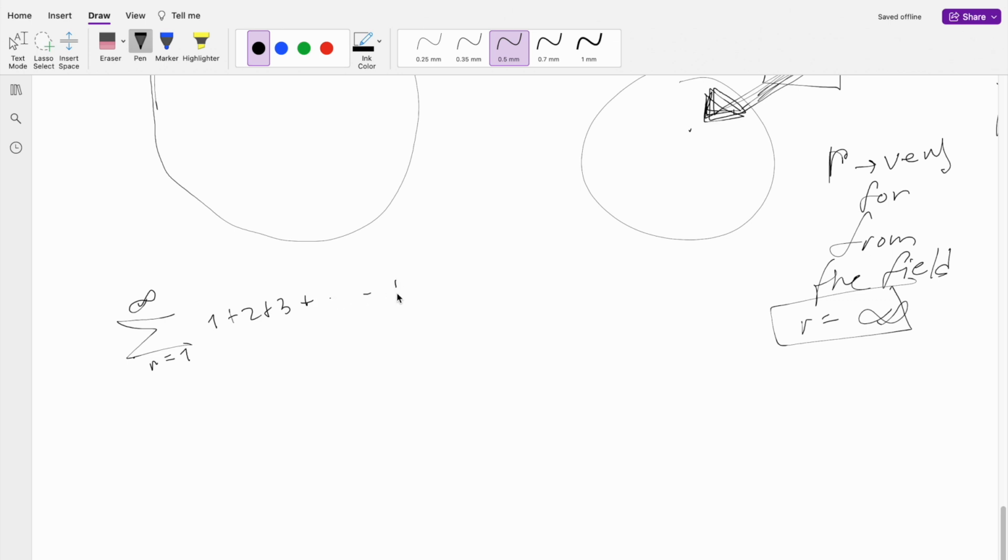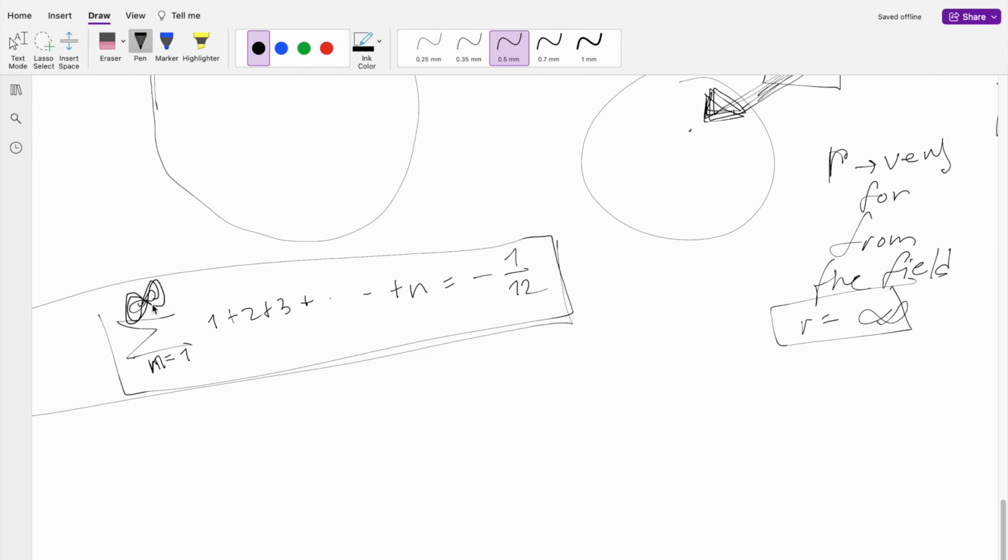It's a question. So there is something which makes it negative. This infinity is the main agent